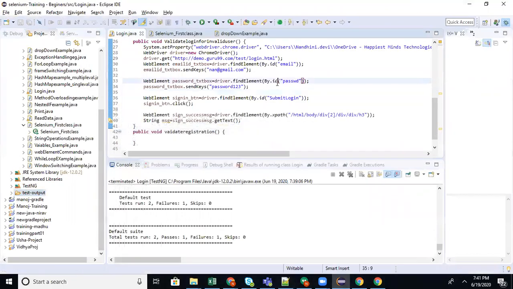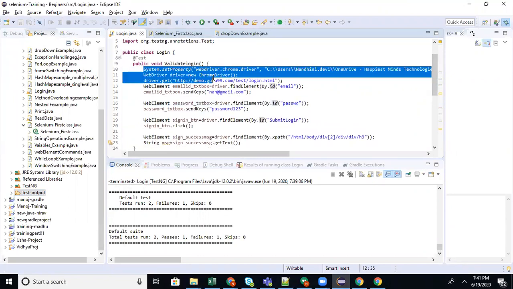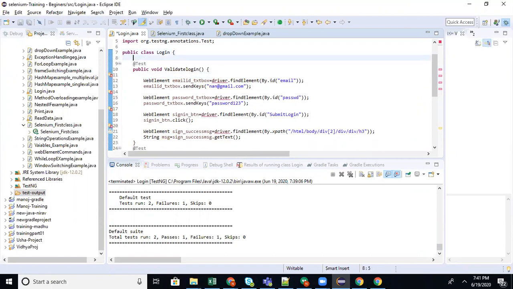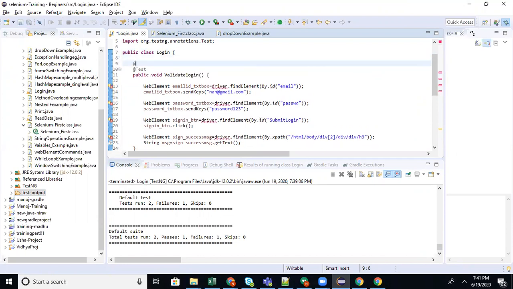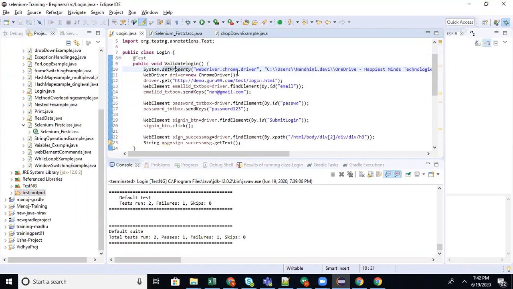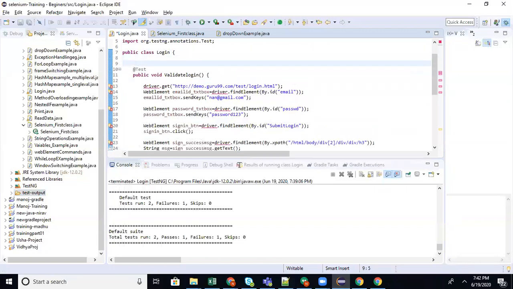Now, for example, this is a duplicate for both the test cases. If you don't want to repeat it for all the test cases, or one more thing you can do, you don't want to create a new session for all the test cases.